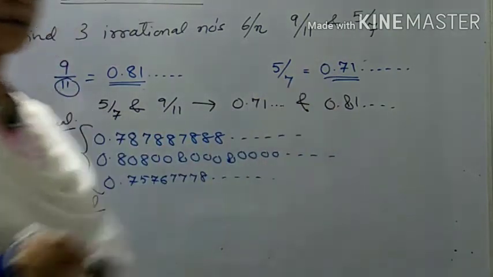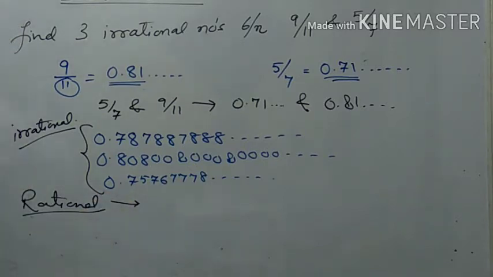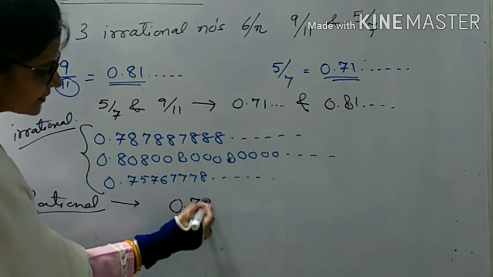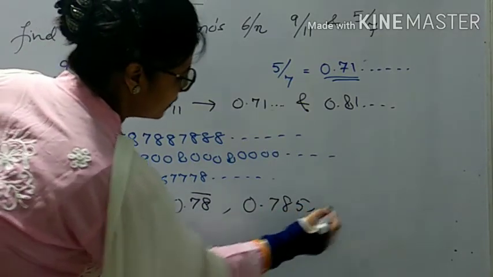अब इन दोनों नंबर के बीच में rational number निकालो. तो rational number कैसा होता है? Which is having the terminating or non-terminating repeating decimal representation. So what we can write? 0.78 bar. We can write 0.785. We can write